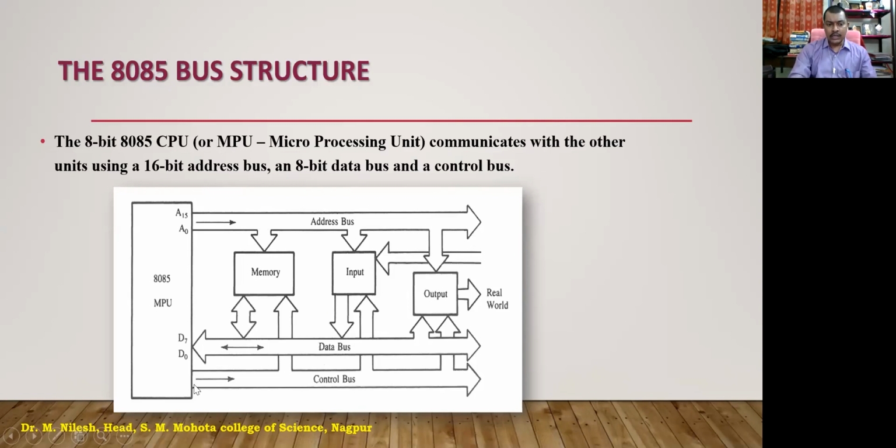So here, in the last line, if you are able to see over here, we are having a control bus, which implies that the control bus is going to control each and every part of the kit, or each and every part of the microprocessor unit. So this control bus is going to communicate with that.